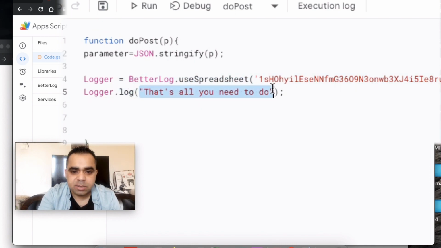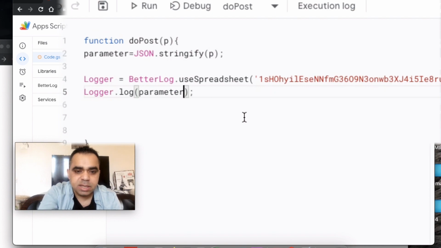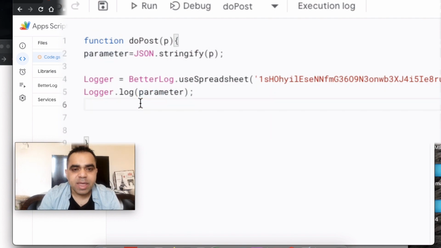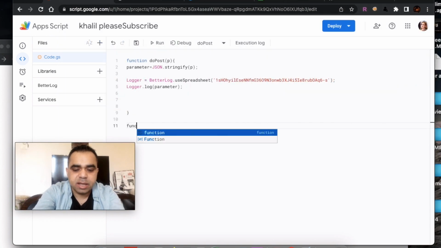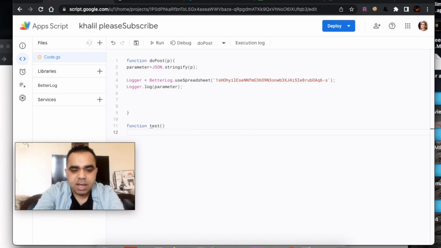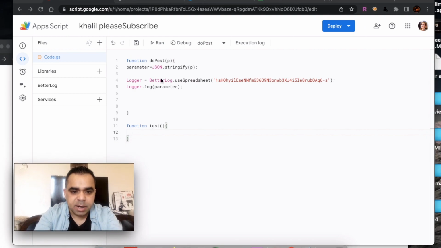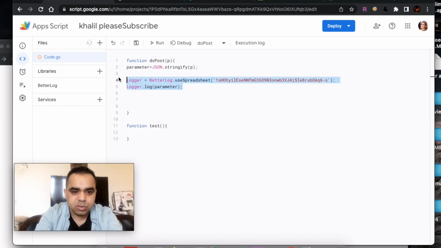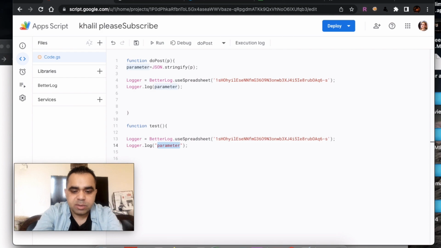What data we want to log into the Excel sheet is the parameter value. We can test this, guys, by creating a new function. Let's create a new function to test this. Function name is test, and let's open brackets, and let's copy those two lines here. And what we want to log here, we want to log just